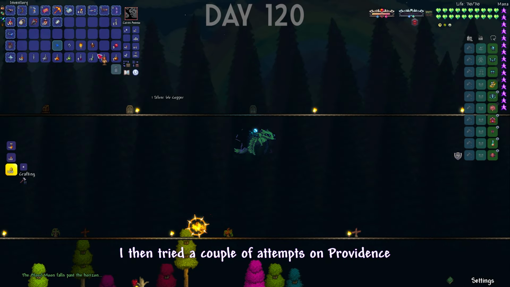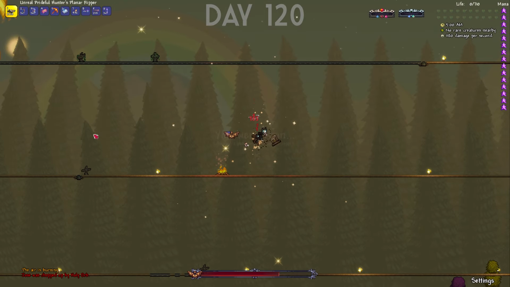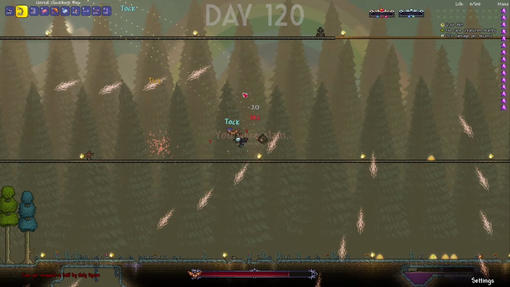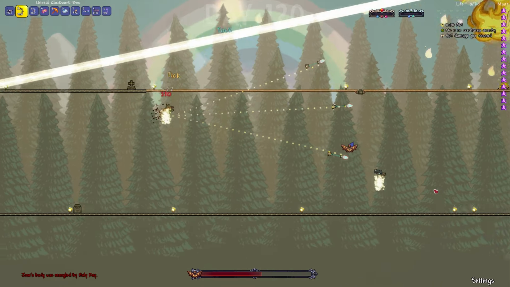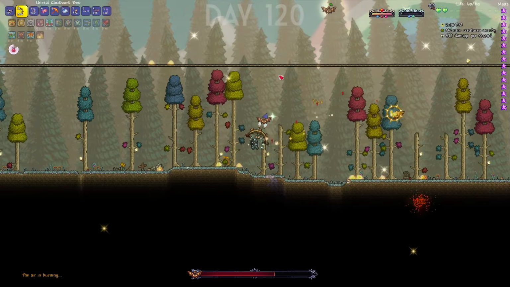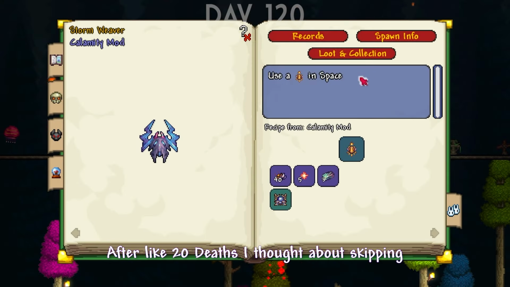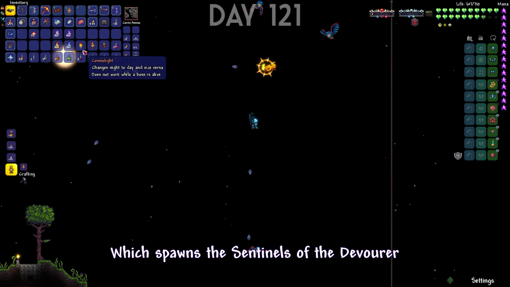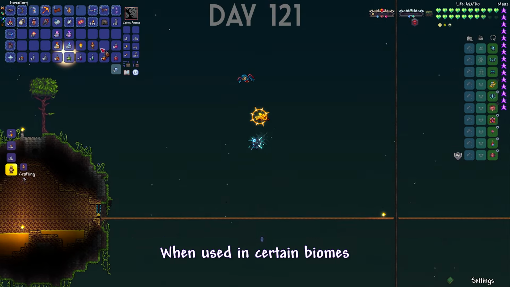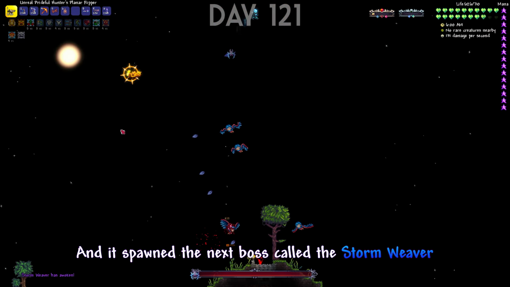Anyways, I then tried a couple of attempts on Providence, nothing too bad. After like 20 deaths, I thought about skipping Providence for now, so I crafted this item called the Rune of Kos, which spawns the Sentinels of the Devourer when used in certain biomes. For example, I used it in space and it spawned the next boss called the Storm Weaver,